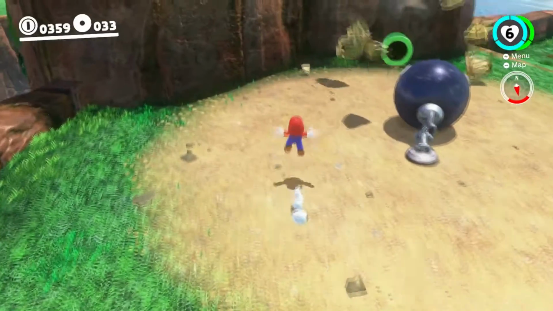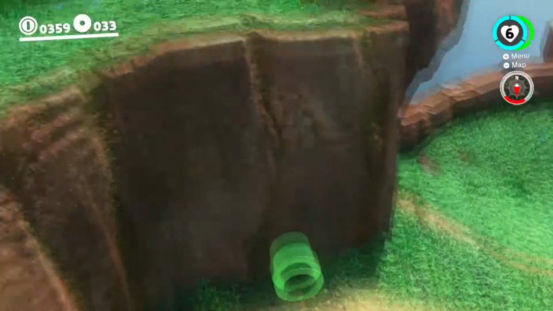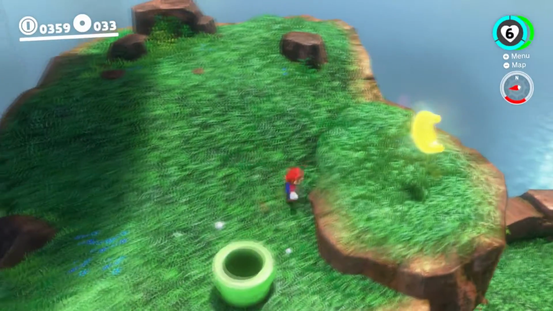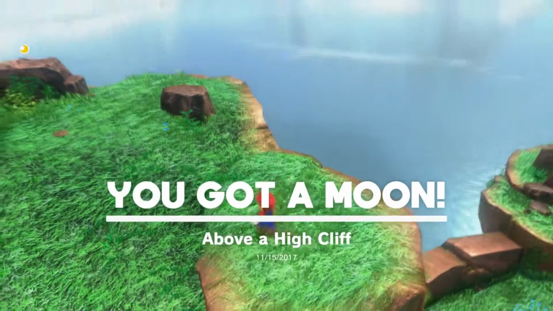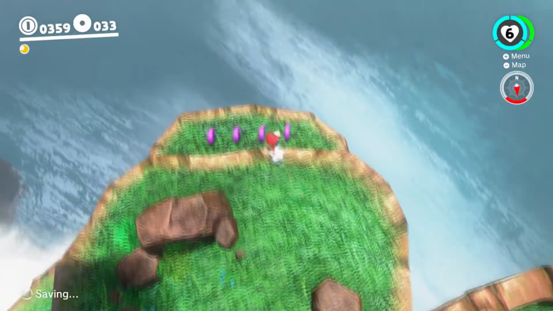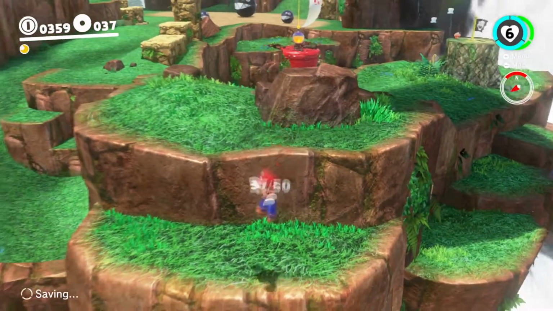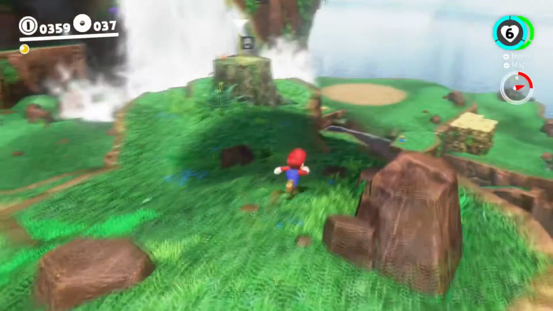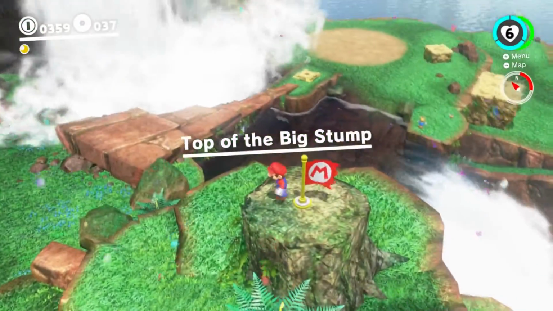If you break this, there's a pipe here. Go into this pipe, you should appear up here. So now there's a power moon here that you never saw before above the high cliff. So now that's our sixth of Cascade Kingdom. And there are also 4 purple coins over here if you can find them, and there's also a landmark there. So go there, and then when you come here you can just teleport here next time you need a